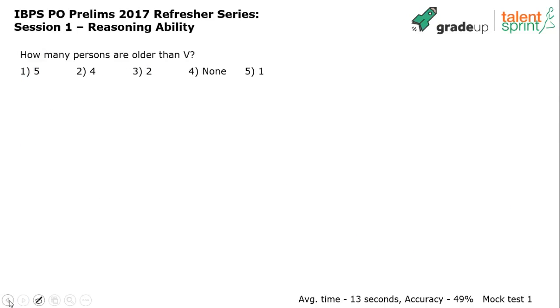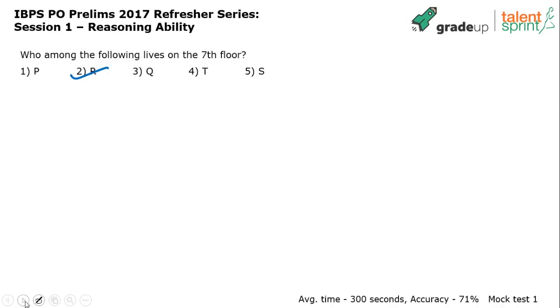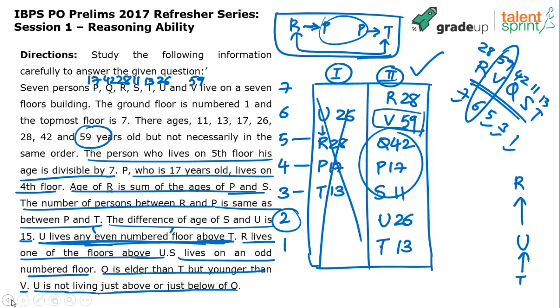How many persons are older than V? What is V's age? V's age is 59. I think V is the oldest guy. There's no one who can be older than 59 here. So how many persons are older than V? Nobody is older than V. None. Done. So answering 5 questions would not take any time. It's like a cakewalk. All you have to do very quickly and carefully is the